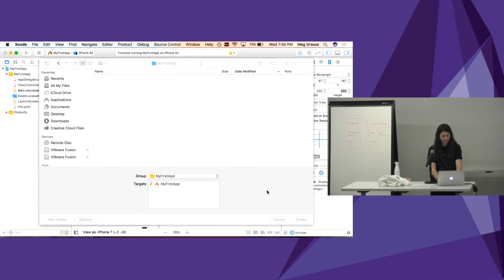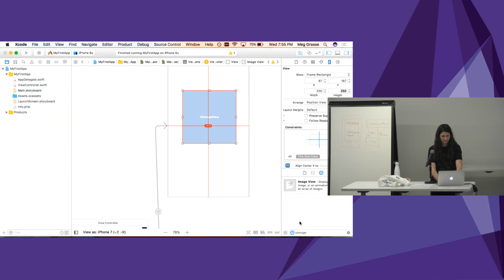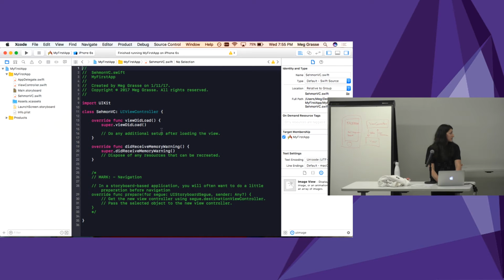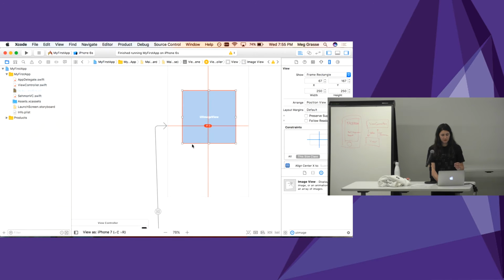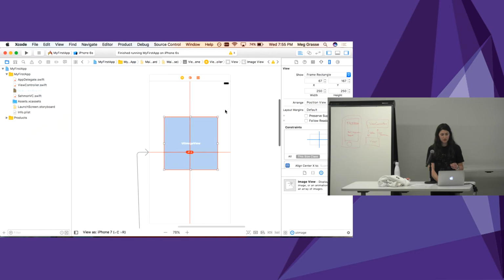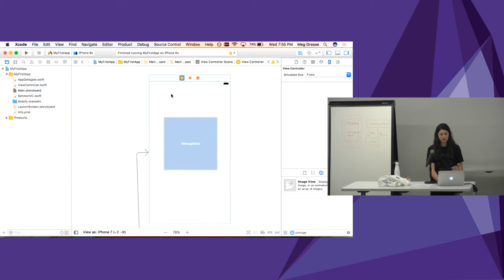Go ahead and hit Next, save it into the same place that the rest of the project is in, and then hit Create. Now this will create for us a specific view controller that's set aside for that view. What we have to do now on the interface builder, so go ahead and go back to main storyboard, is we're going to have to tell Xcode that this view controller should be associated with that file. So the way that we're going to do that is we're going to click on this yellow box,